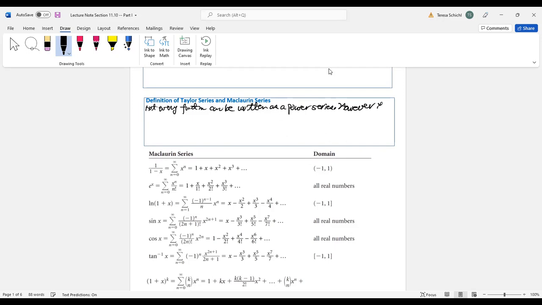However, if a function y equals f of x can be expressed as a power series in x minus a, then the series has the form